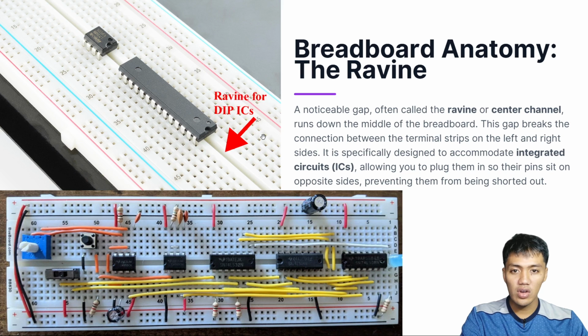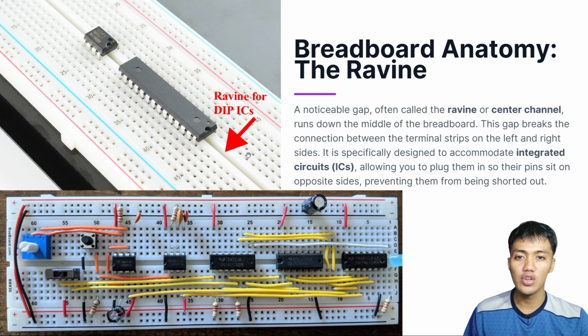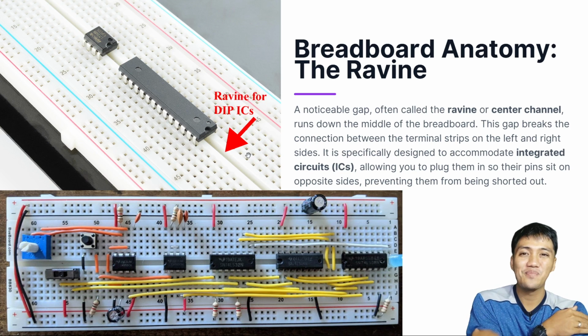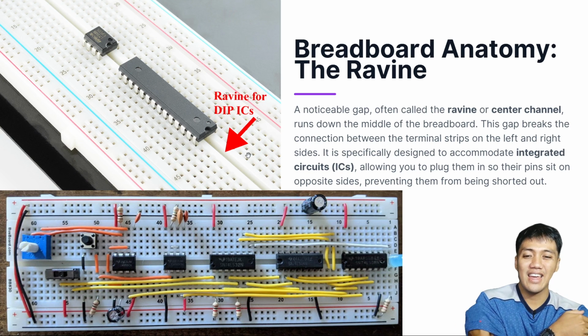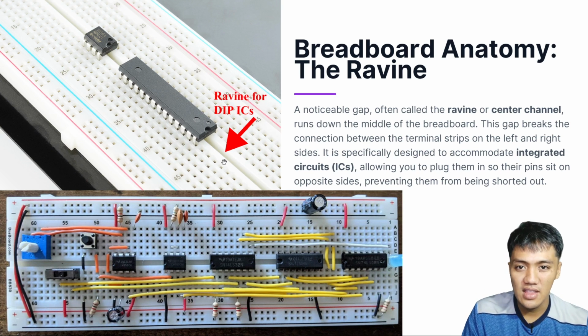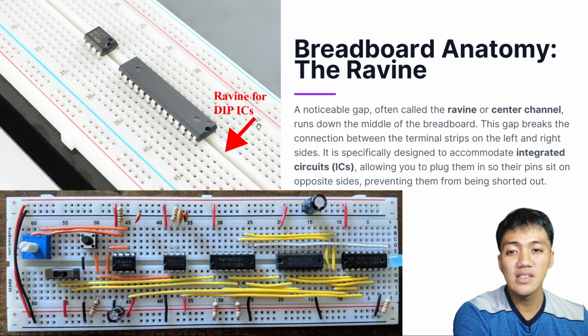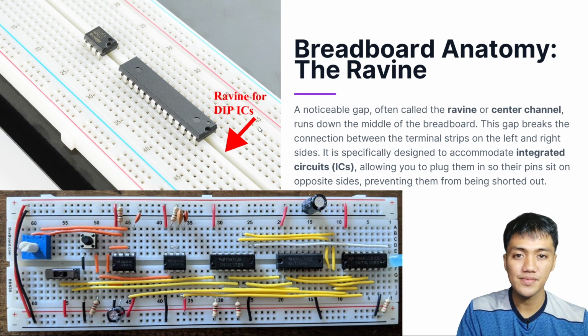Here's a different look at our ravine. Again, right here, these black things are what you call your integrated circuits, shrunken and ready-made circuits made for a certain function. And then the ravine runs across our breadboard,